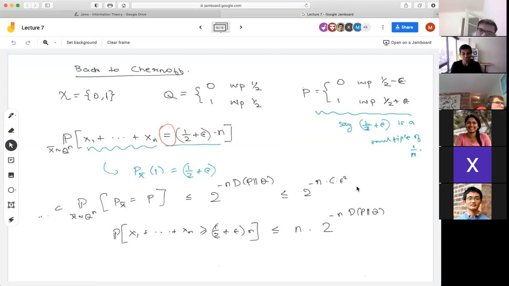For each of those choices, the above bound will tell us that the probability is at most 2 to the minus n times the KL divergence of p q, because for the other choices, the type will be something where the number of ones is even larger, so the KL divergence will be even more, and we'll make this precise in a bit. And there are only n choices, so we just get a factor of n in the front. Now it is a Chernoff bound, and a couple of good things